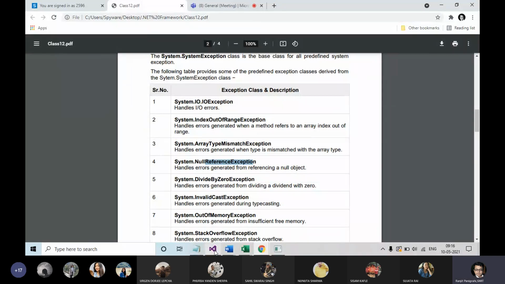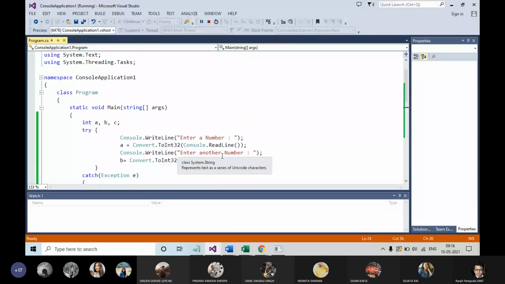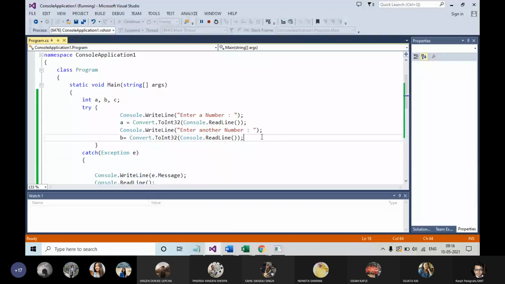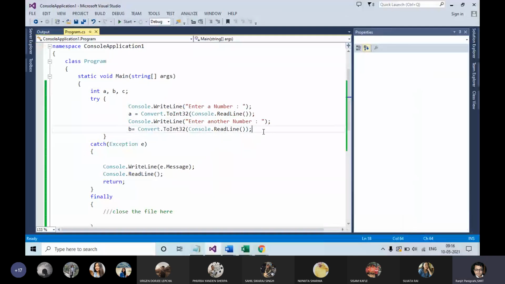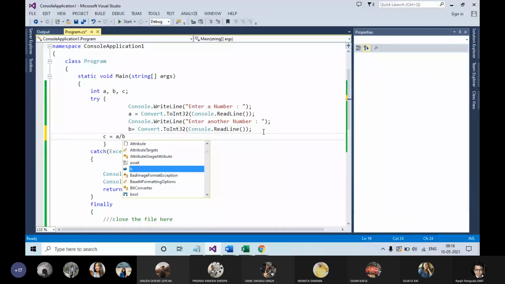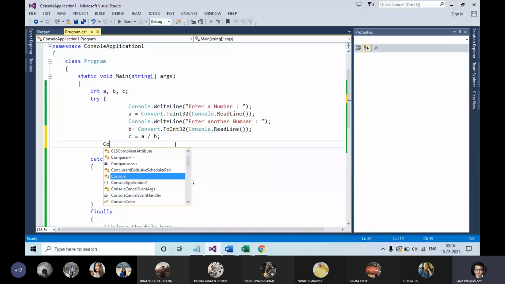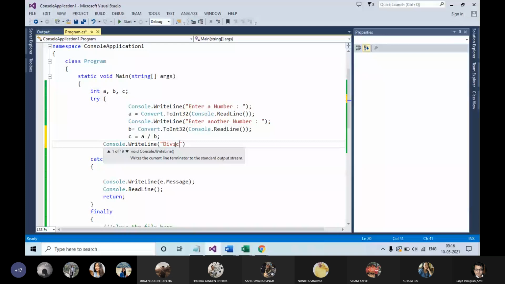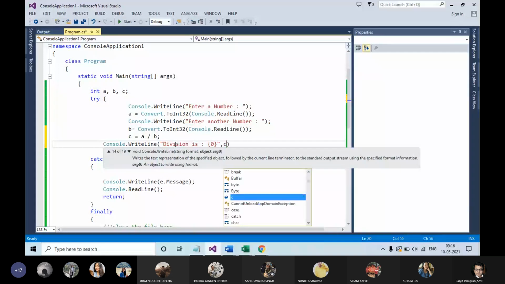So for example, like this, you see: c equal to a divided by b, and Console.WriteLine, division is c.